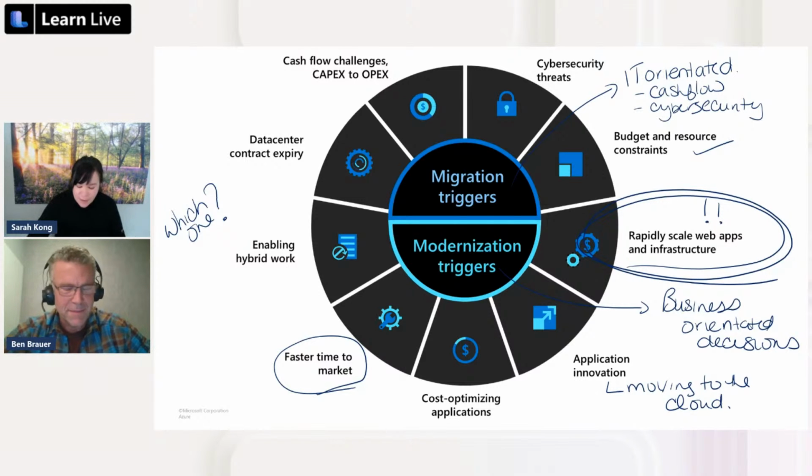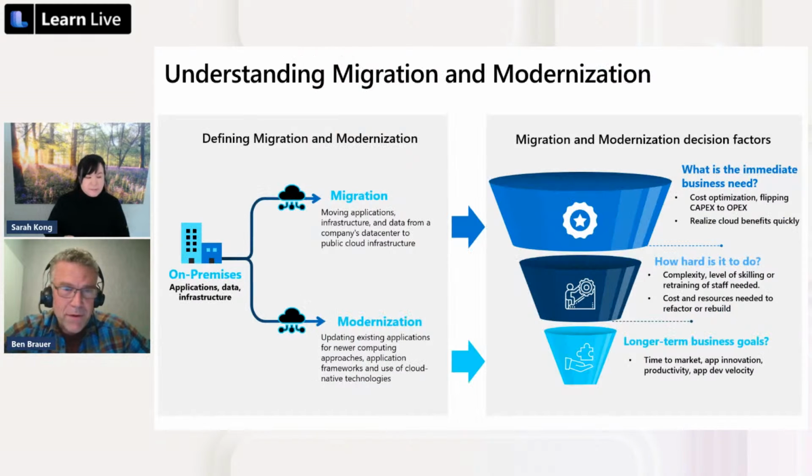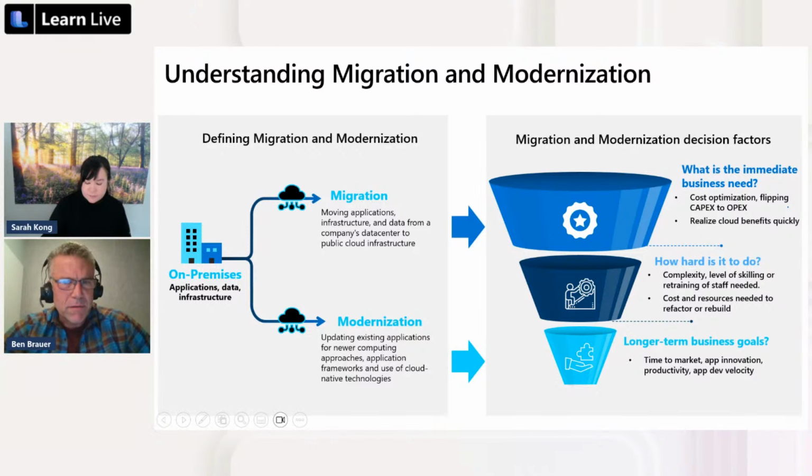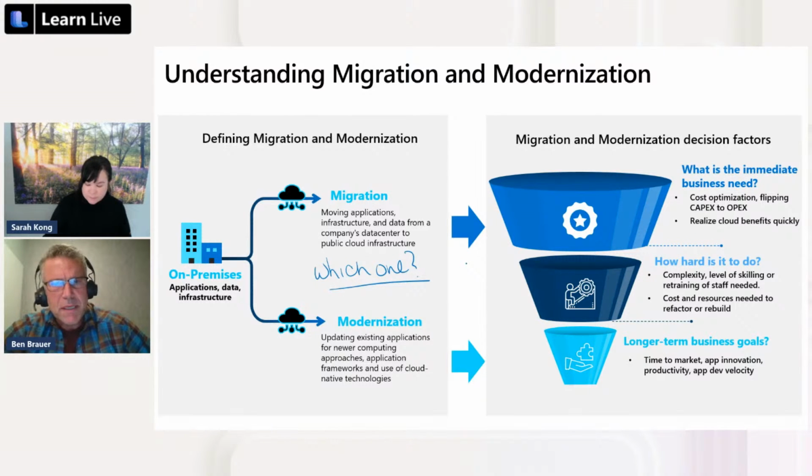Yeah, exactly. So when you migrate or modernize, you have those two main ideas in mind: you're going to be either moving an application or updating an existing application. Those are really the ways you're thinking about using the cloud. And so the question then becomes, which one works best for you? What we have here is basically three different ways to think about it. One is, what's the immediate business need? Are you trying to cost optimize? Are you trying to move your operations model from a